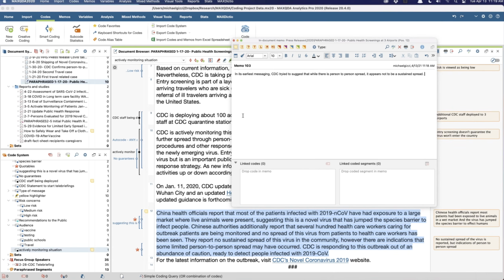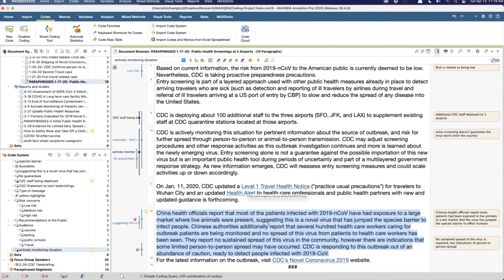Writing a memo. I don't generally write one-word memos, but I think memos are useful where you're trying to capture items. And if this study is interested in changing the way messaging changes, I would think this would be a really important piece of information. Granted, this is literally the first post news release that they put out on this at all, at least in the year 2000. I should check to see if there was one in December of 2019. I don't think there was.